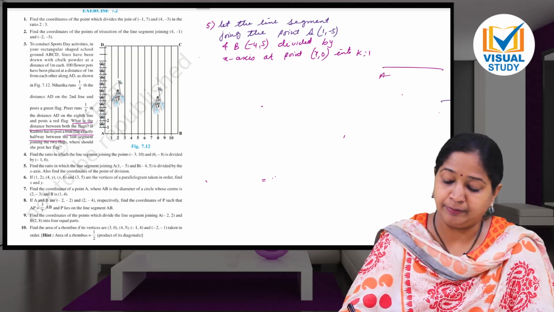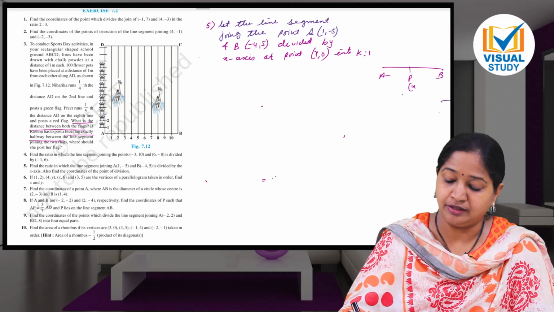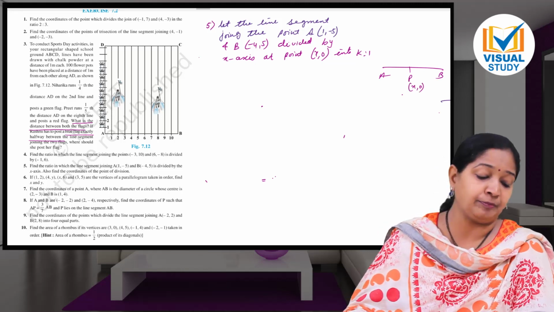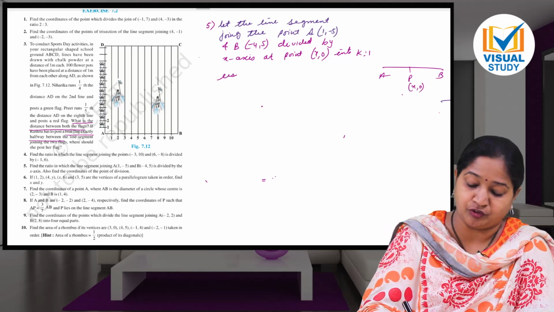So A, B, P, x and 0 and A points. So using section formula,